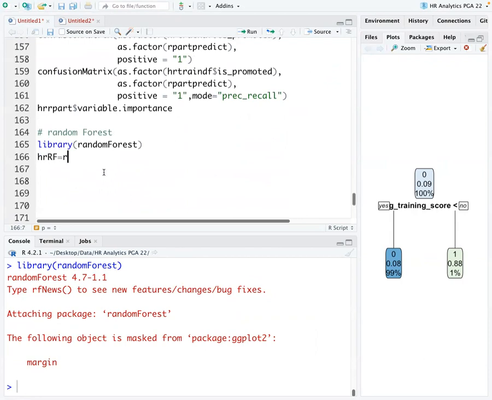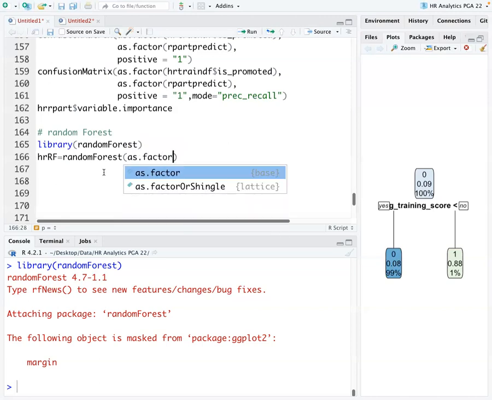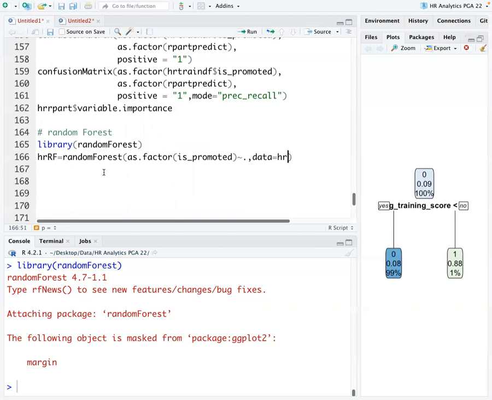HRRF is equal to randomForest, as dot factor, is underscore promoted tilde dot, comma, data is equal to HR train df, comma, ntree is equal to,